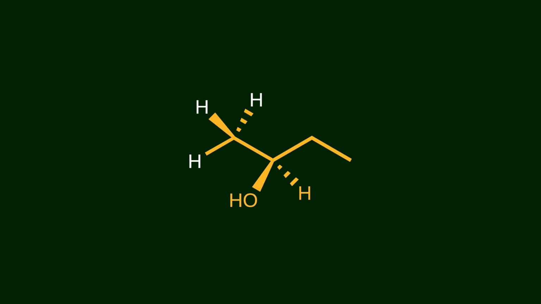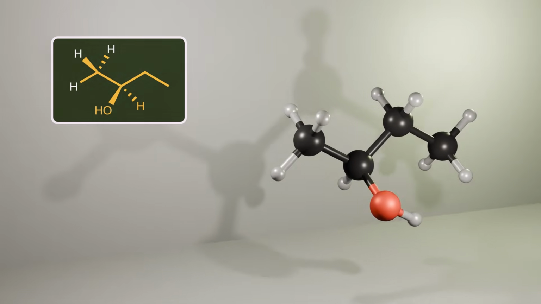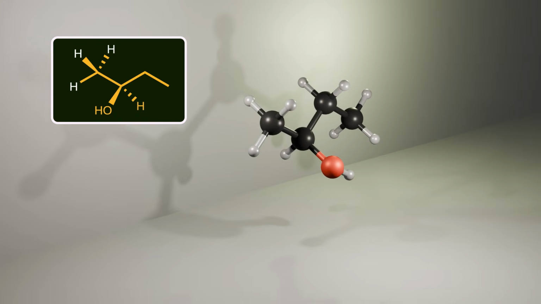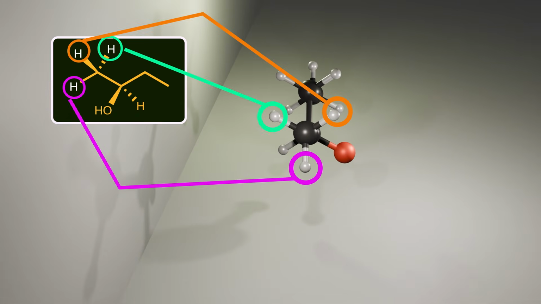As you can see, in 2-butanol, there are 3 hydrogens on the terminal carbon atom. Now I'm gonna ask you a simple question. Are these 3 hydrogens the same or are they different? The answer is, it depends. Imagine that 2-butanol is frozen. When you look at the methyl group, the chemical environment of these 3 hydrogens is different, so they are not